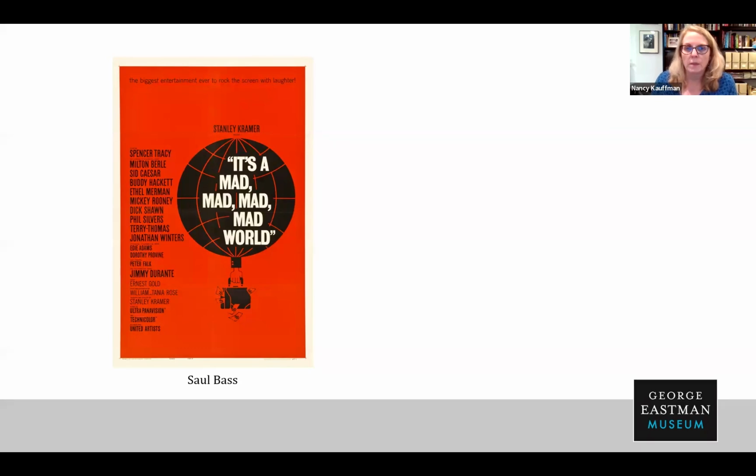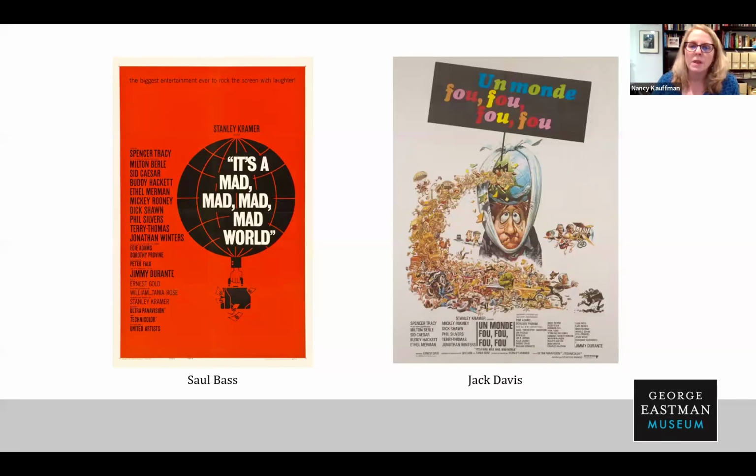So this was an exhibition, is an exhibition drawing from our own collections. But we do have, come on. My control is not working. There it is. Sorry. We do have, kept you in anticipation there, a French poster designed by another artist, Jack